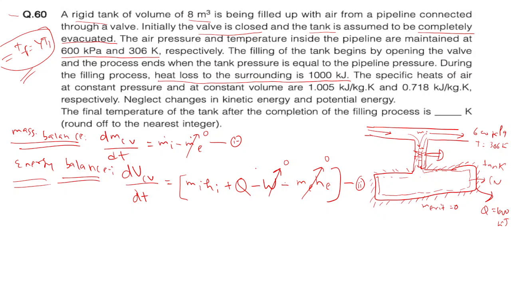Yes, sir. Okay. In the second equation now, what is m dot i? This is the rate of change of mass inside the control volume. From equation 1 we can easily put it in, right? Yes, sir. We can put. So dU_CV by dt is equal to m_i, which is d of m inside the control volume, the rate of change of mass in the control volume, into h_i. What is h_i, anyone?